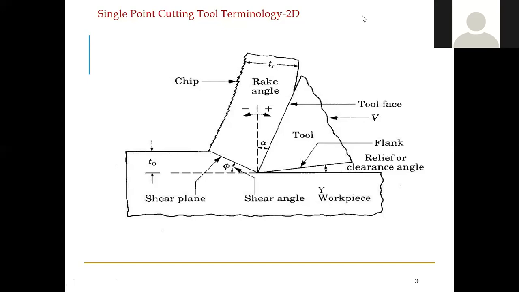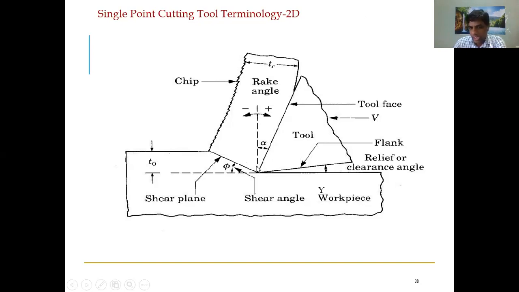Shear is nothing but when any deformation happens parallel to, or in the direction of, the force applied. जब force apply कर रहे उस direction में deformation हो रहा है, that is called shear. If deformation happening is perpendicular, then it is called normal deformation. Tensile or compression stresses are normal stresses, whereas shear stress is when the force is applied parallel to the surface. So here you see force is applied, right?